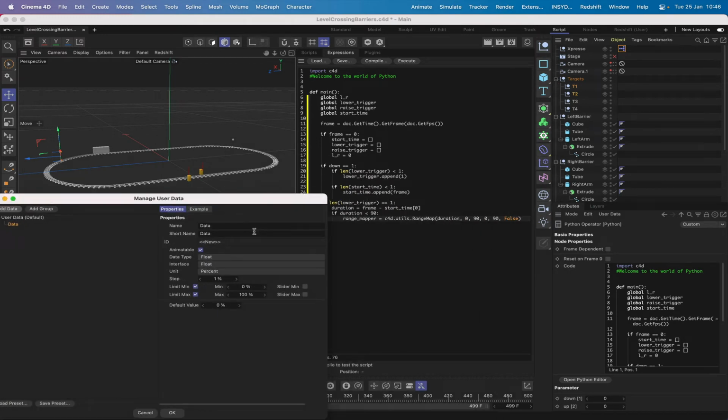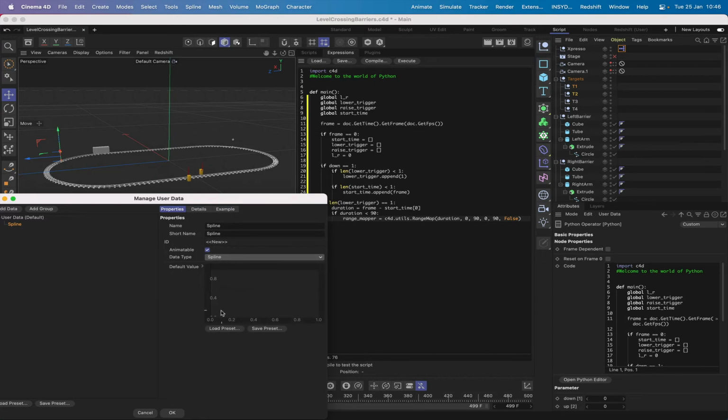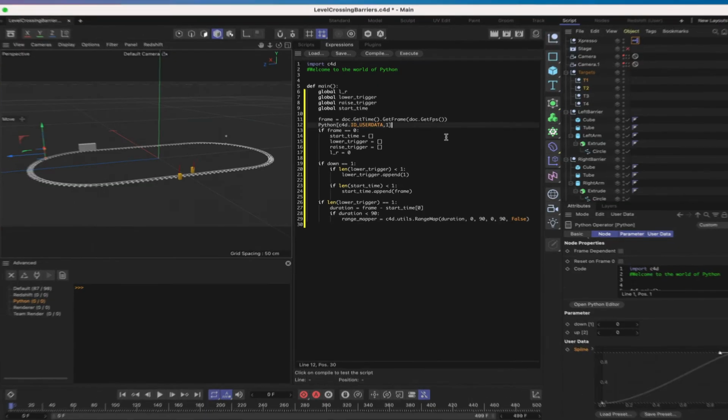And we're going to create a spline. So we'll say our data's name is spline. Select the spline in here, and then we'll do some work. I'll say OK, and in here, hold down my command key and add a point, hold down command again and add another point, and I'm going to leave it at that for now. We'll come back to it a little bit later. So spline is now created, and what we can then do is click and drag this into the window here, drop it in there,